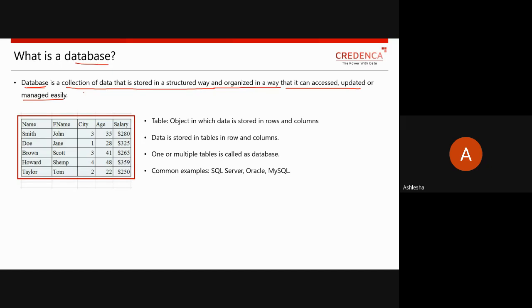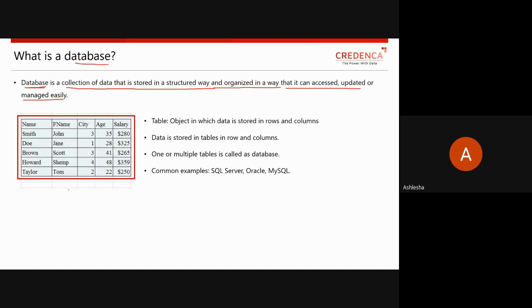Whenever we talk about a database, most people think that data is always maintained in a tabular form. But that is not always the case. Right now this figure shows data maintained in a tabular format. Tabular format is nothing but data stored in the form of rows and columns. That is what we refer to as a table. But this will not always be the case.